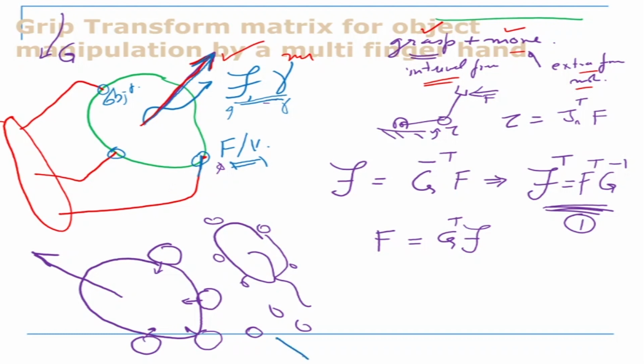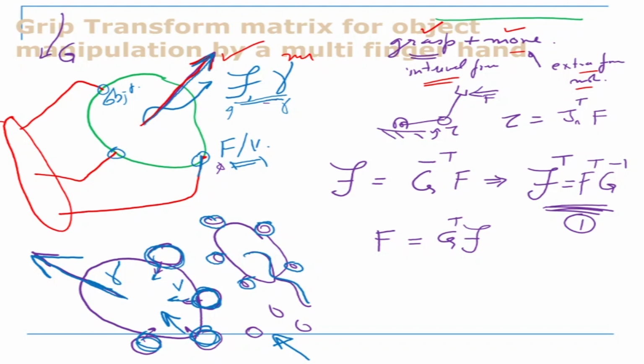Now in the bottom figure here, what we are seeing is multi-agent systems. For example, there's an object which is moving like that, and these are agents, or mobile robots, which are going and capturing it. The problem is exactly the same. First you capture it, grasp it, then you move it in that direction. How do you move? You place these robots like this and you push. Because of the motion of these small mobile robots, this object will have a resultant velocity gamma. So we want to find the relation between that gamma and V, and that is basically what we mean by the grasp matrix.